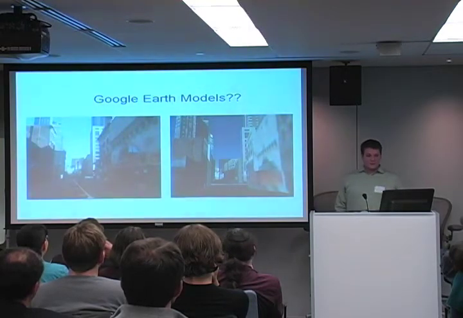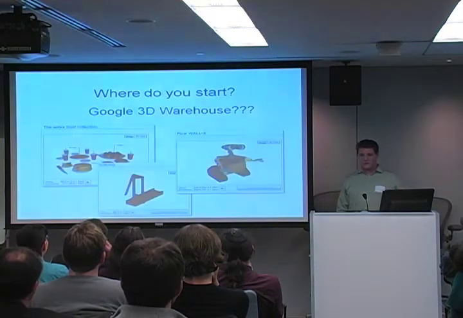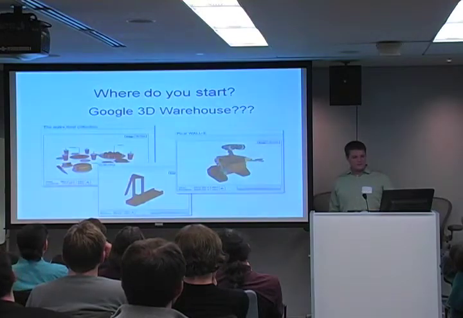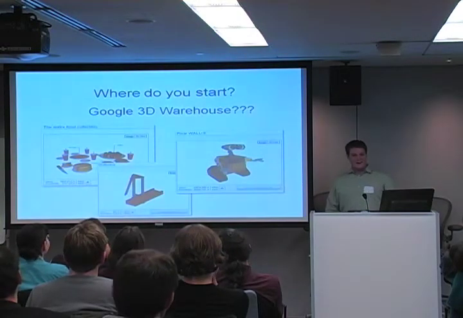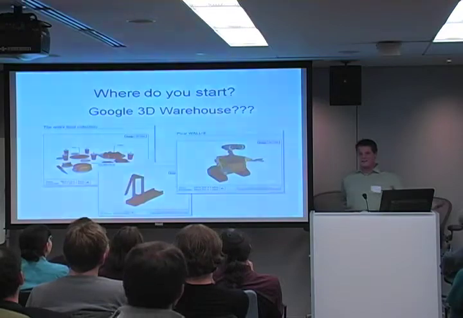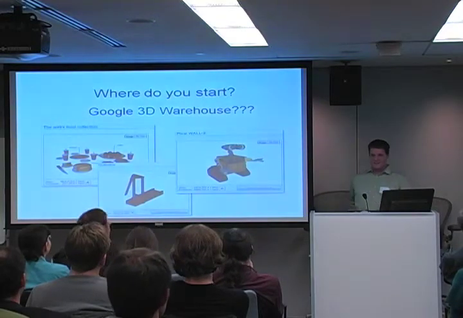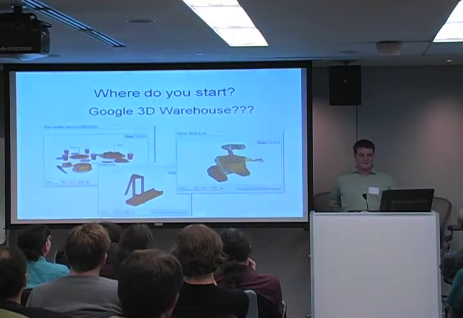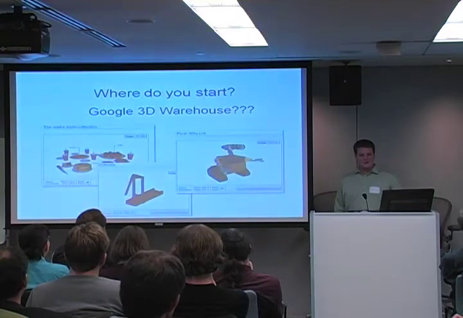So I went into Google 3D Warehouse to see if anyone had uploaded anything. They have everything from the entire food collection, the guillotine, to Wally. I mean, they must have one model of Chinatown. It turns out they don't. They have the John Hancock building and things like that, but nothing in our little place in the world that we're trying to model.